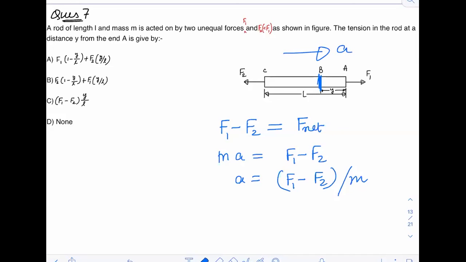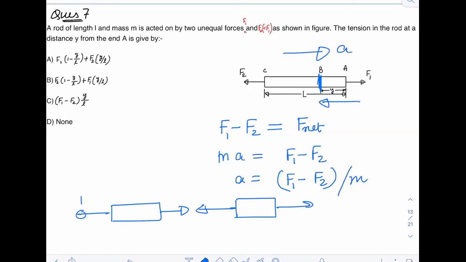Now, if you come onto this side, towards the left hand side from F1, if you come from the left hand side towards point B, in that case suppose I can redraw that figure as this. This is F2. These two are T and T only. And this is F1. Like this I can draw.